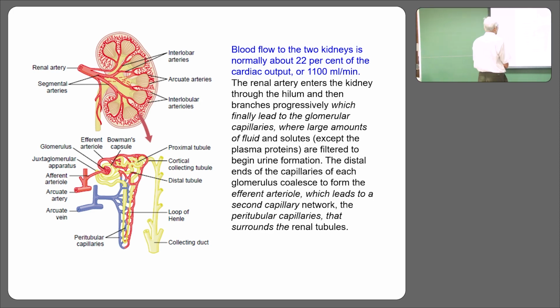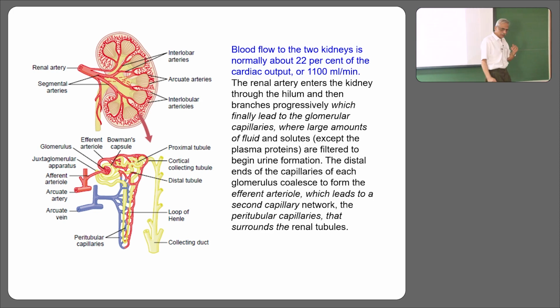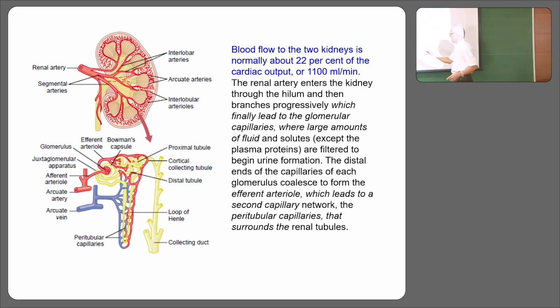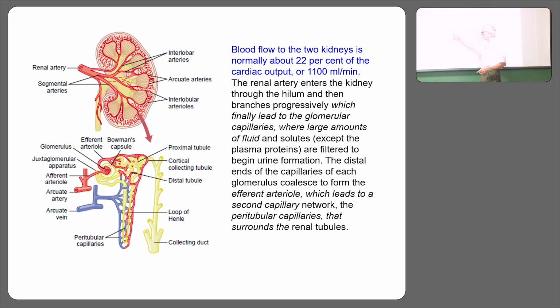Okay, so here we have, you remember, the renal artery that enters into the kidney and then branches, and these are the different branches that you can see. Those branches will finally give an afferent arteriole. That arteriole is entering into where? Into the Bowman's capsule. We'll call this the glomerulus, we'll call this the afferent arteriole, and this the efferent arteriole.